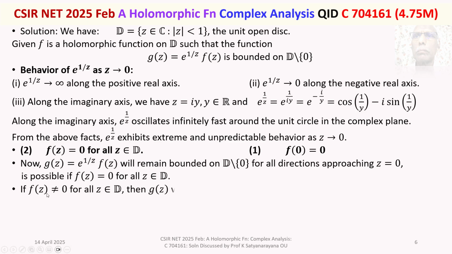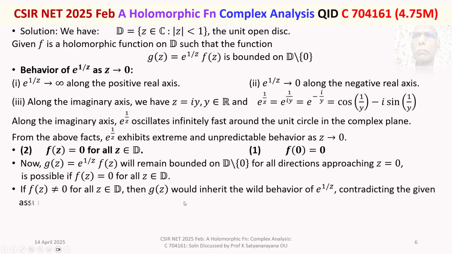So if f of z is not equal to 0 for all z belongs to D, then g of z will inherit the wild behavior of e to the power of 1 by z, contradicting the given assumption that g of z is bounded. I will repeat. If you say f of z is not equal to 0 for all z belongs to D, for those who do not believe the above argument,